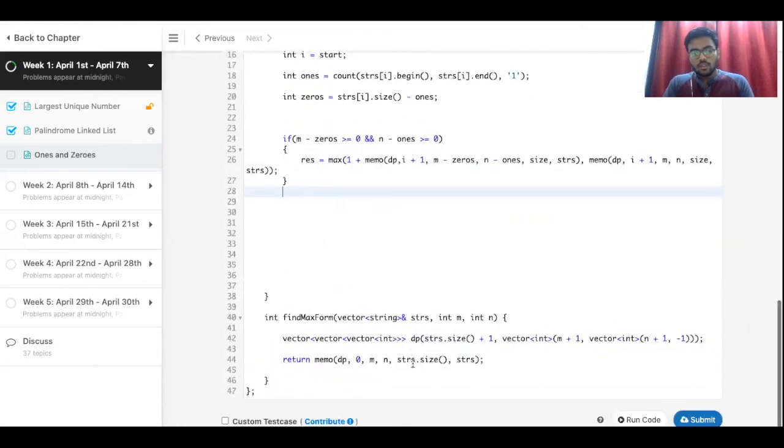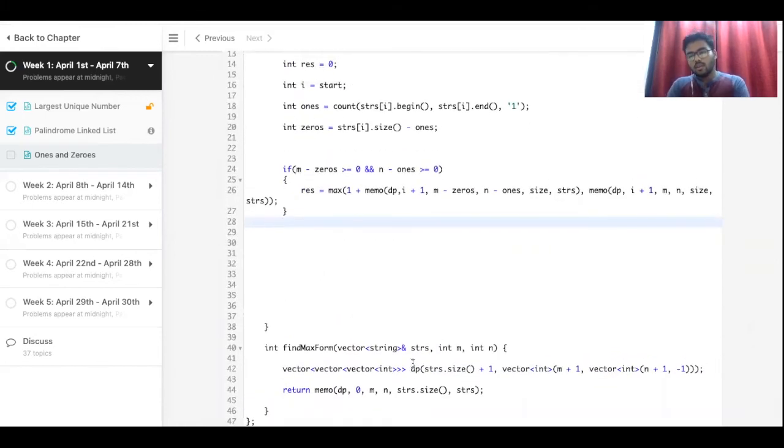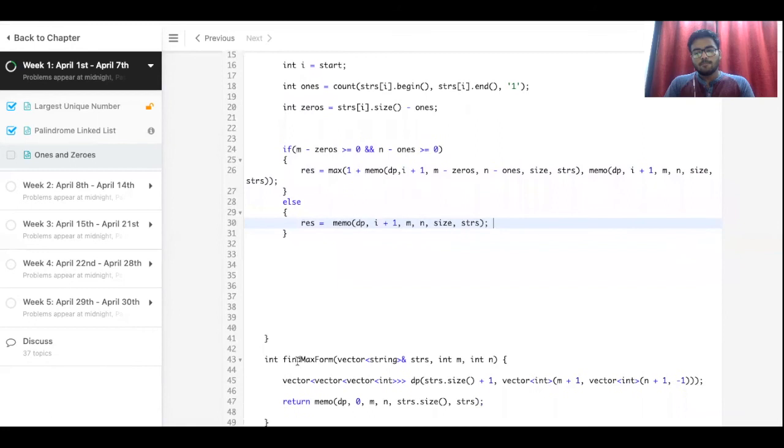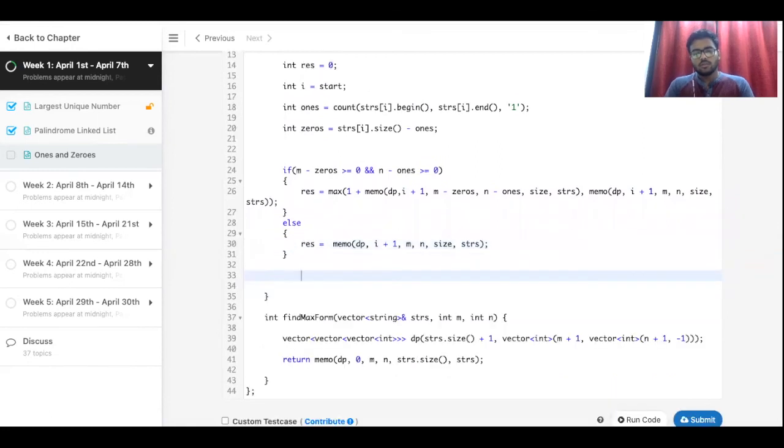This is for the part if m minus zeros is greater than or equal to 0 and n minus ones is greater than or equal to 0. Otherwise we do not do anything, right? So we just initialize it to this one. All right, and then we can simply return dp of start, m, n is equal to result.